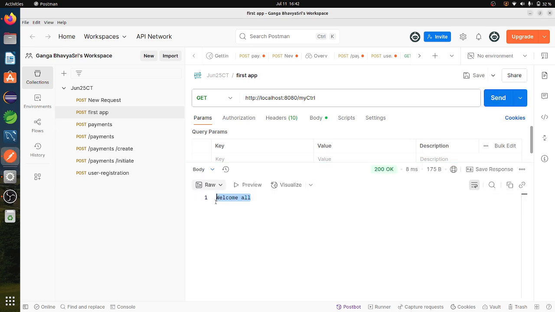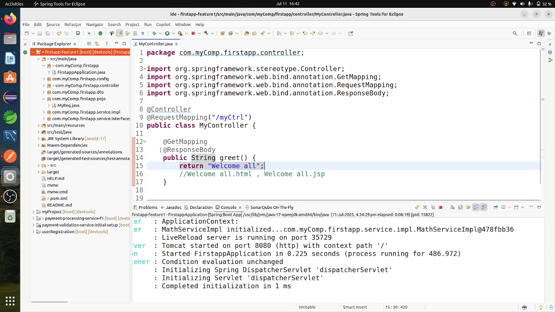Because if I use only the @Controller annotation, then I have to mark those methods with @ResponseBody also. If I am not mentioning it, then by default it will consider this as a view page, and if that view page is present in your application, in the same classpath, then it will not throw any error, otherwise it will throw an error.